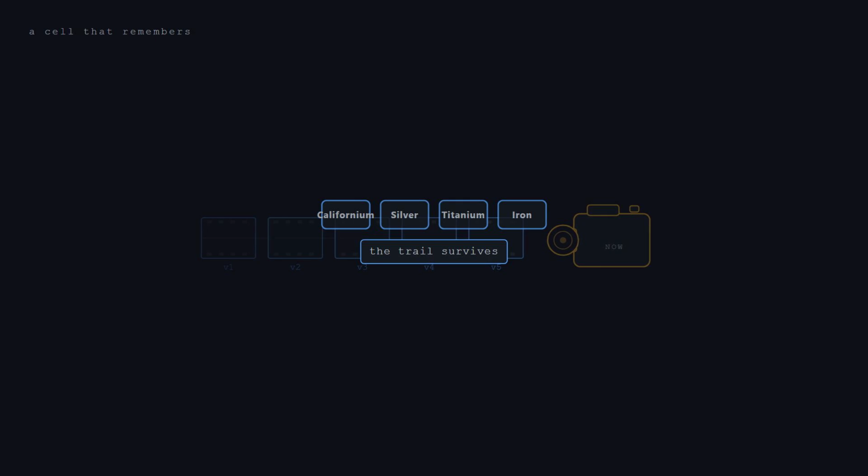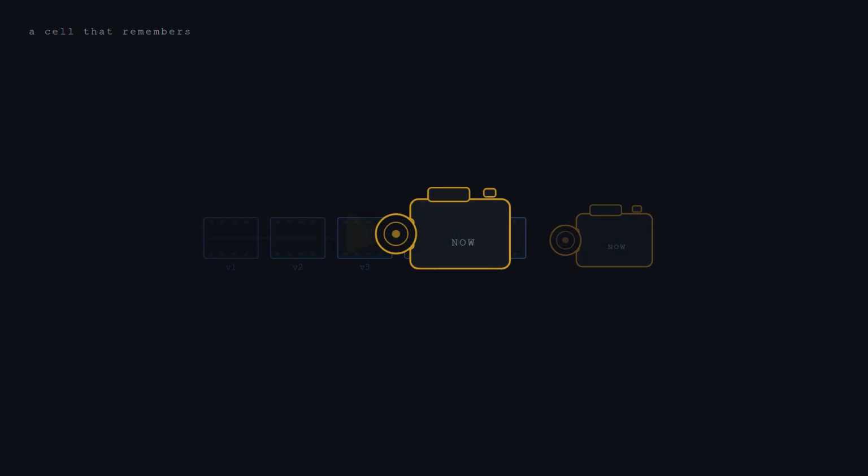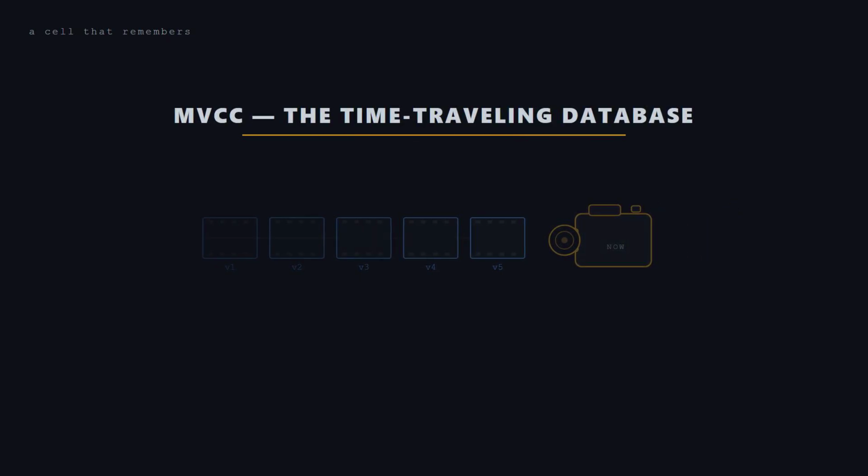Underneath, the database has quietly kept a trail leading back through every version this cell has ever held. If a transaction asks for the old value, the database can reconstruct it, rewinding the cell to the way it looked minutes or even hours ago. This is the strange power at the heart of MySQL's storage engine, InnoDB. It behaves less like a filing cabinet that overwrites old papers and more like a time machine, one that lets different users read the same row and each see a different moment in its history. The mechanism behind this is called multi-version concurrency control, and once it is understood, a great deal of mysterious database